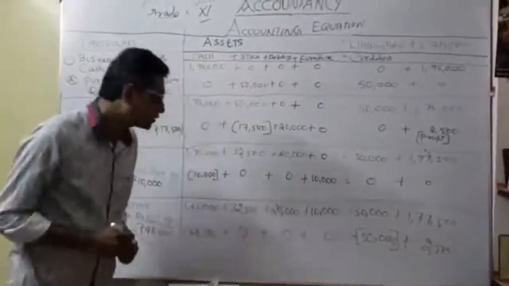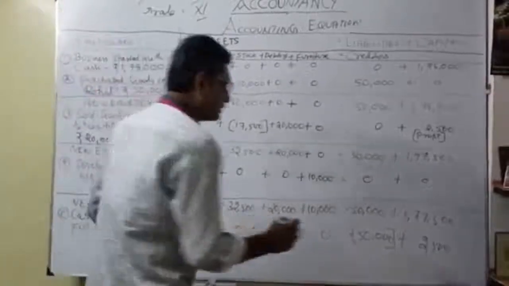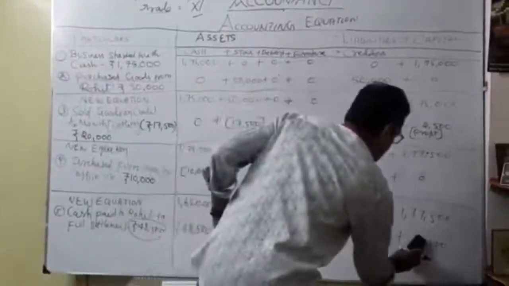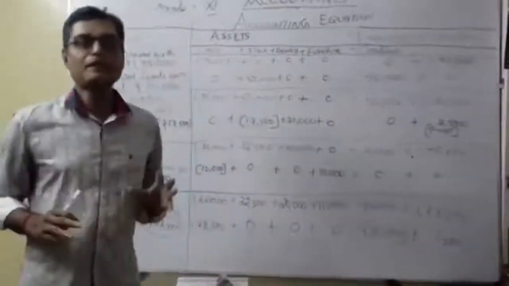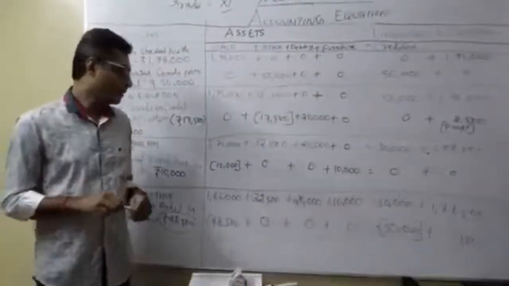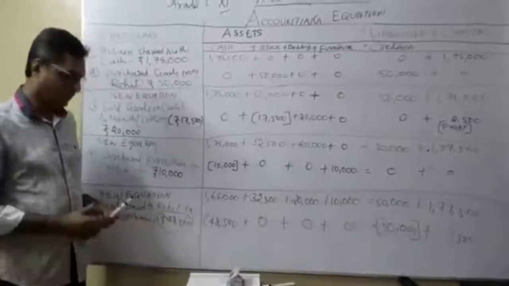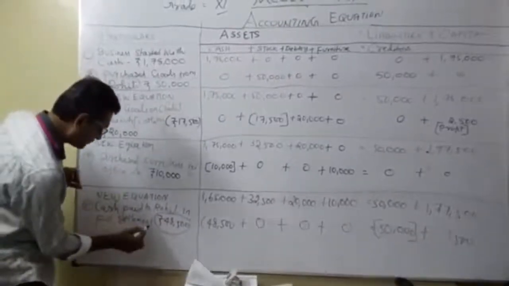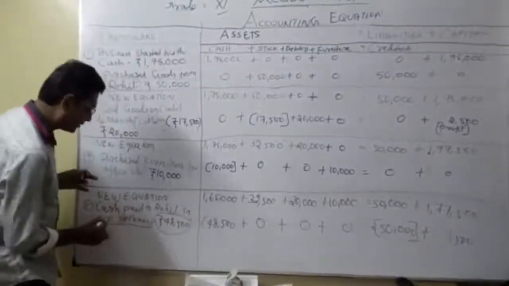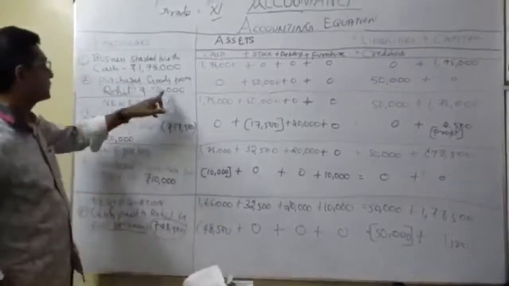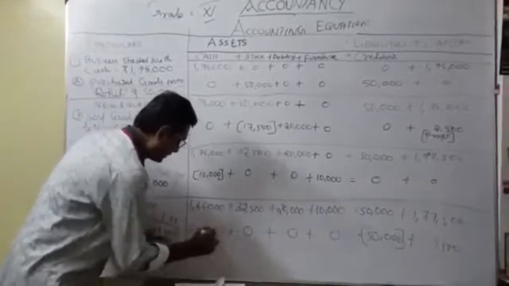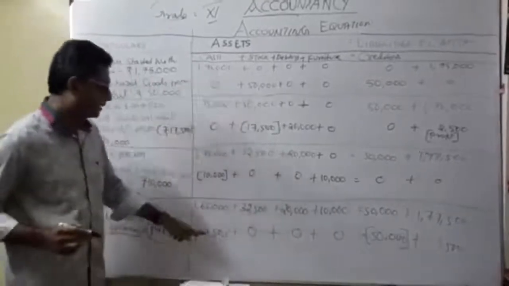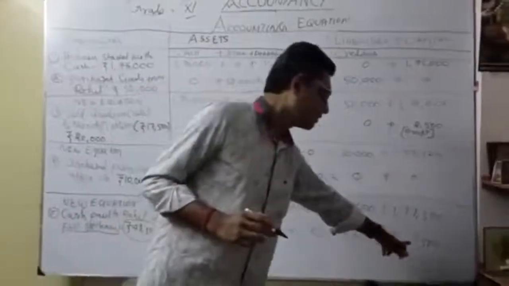Now understood? Sorry, 1,500. So 1,500 we got as gain. We wanted to pay actually 50,000, but how much did we pay? Only 48,500. That's why the VAT is very important. What is the VAT? Full settlement. How much did you want to pay? 50,000. But you paid only 48,500. So 1,500 we got as gain.